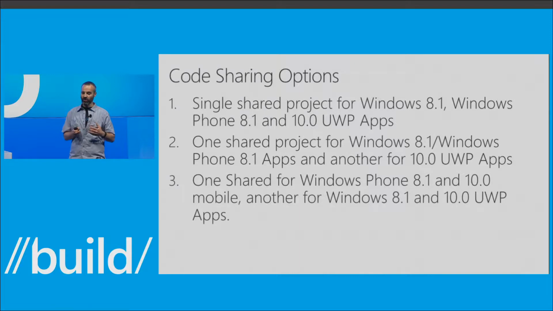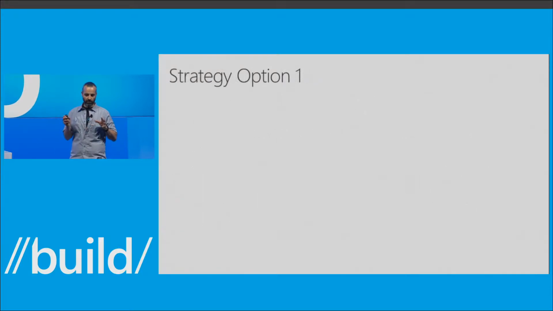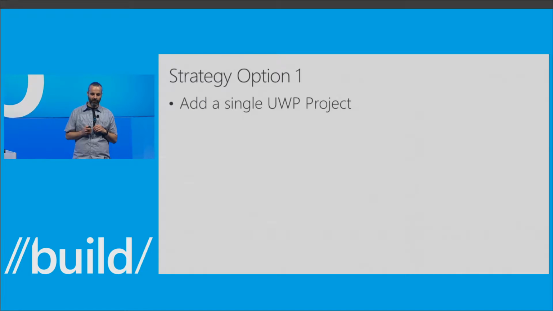You could have one shared between your phone and your 10.0 mobile, one shared between your 8.1 desktop and your universal 10.0 one as well. And there's just a lot of options here. I'm going to show you that in code. I don't want you to feel like you're locked into any one option there. So I'm going to show 4 strategies, and then I'm going to pick one and walk through that with my code. Option 1 here is where you add a single universal Windows project and